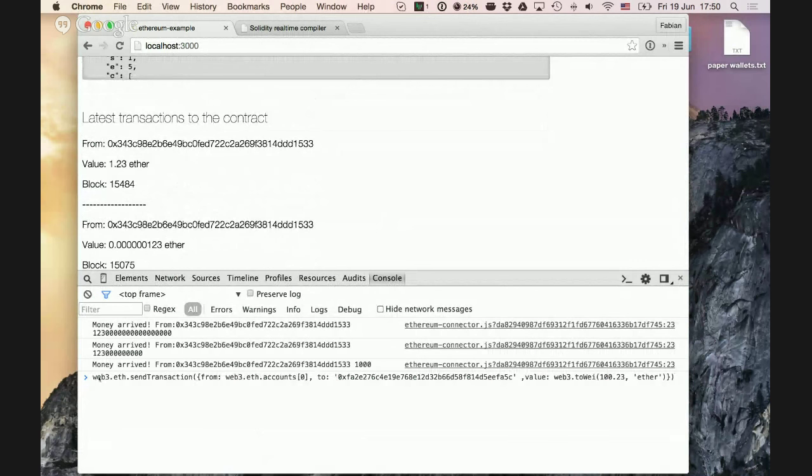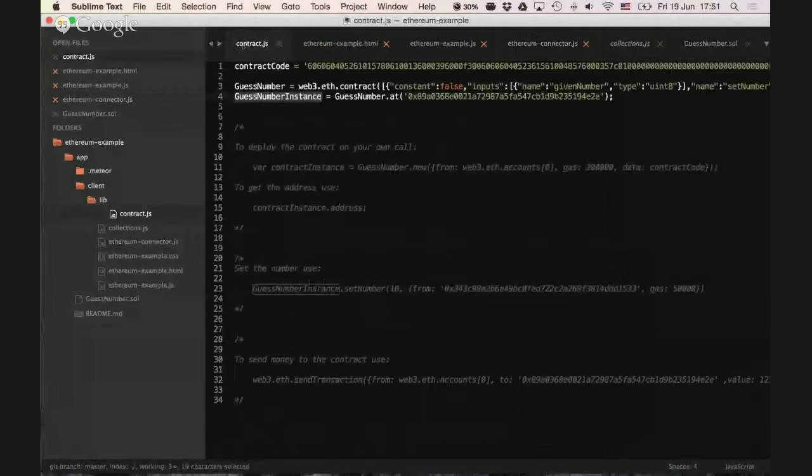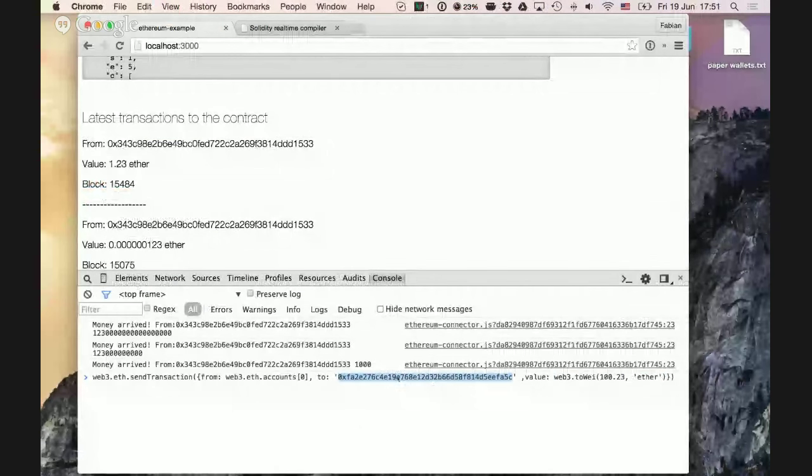So we call web3.eth.sendTransaction from our own account 0 to, that's actually a wrong address. So let's go to the contract address and take this one. We send it directly to this contract, and we use the web3 toWei function, and we send